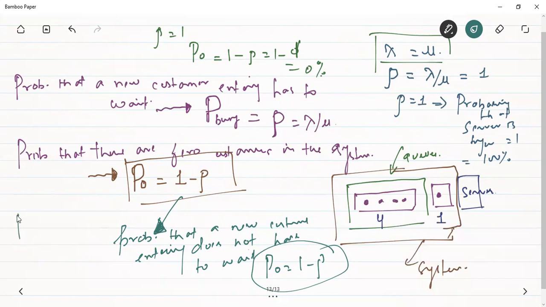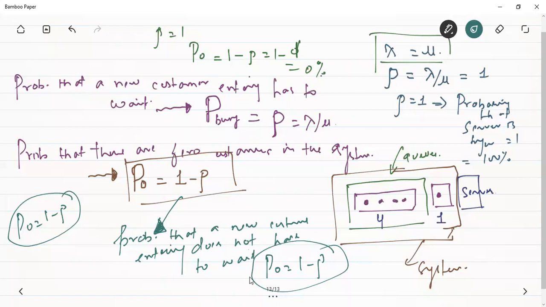So this term P naught, which is equal to 1 - rho, has various meanings. कभी क्वेश्चन में होगा probability that there is no customer in the system, or probability that there are zero customers in the system, that also means P naught, that indirectly means that the server is idle. तो कभी क्वेश्चन में होगा that the probability that the new customer entering does not need to wait, उसका मतलब भी इनडायरेक्टली है कि सिस्टम में कोई पर्सन नहीं है. और जब सिस्टम में कोई पर्सन नहीं है तो उसका मतलब है सर्वर is idle. So this again gives the probability that the server is idle. लेकिन probability that a new customer entering has to wait, उसको वेट करना कब पड़ेगा? जब सर्वर आइडल नहीं होगा लेकिन बिजी होगा. And the probability that the server is busy is given by this term rho.